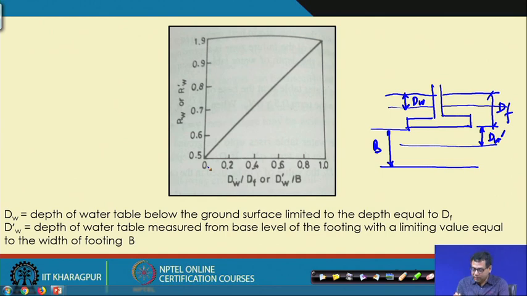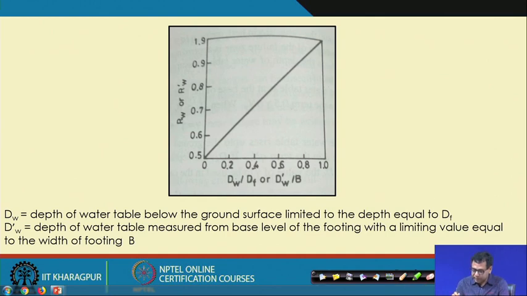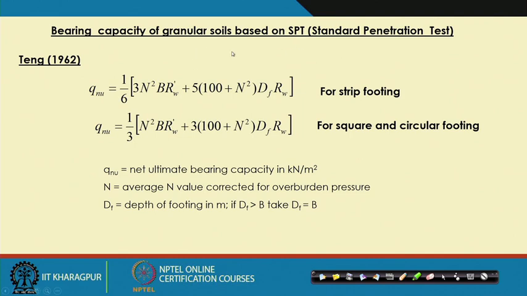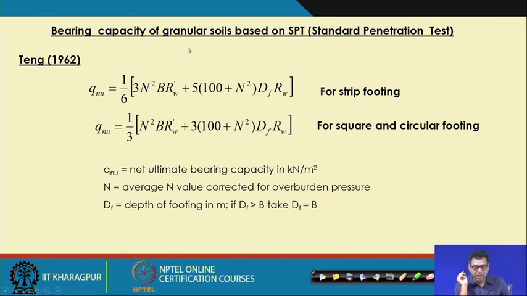And remember again that this equation is given for granular soil, because all the field tests, as I mentioned, are most suitable for granular soil. But for cohesive soil, we can collect the undisturbed soil sample, take it to the lab, test it, get the proper shear strength or bearing capacity equation parameters, and then we can get those parameters easily. So, this expression with the help of SPT is suitable for granular soil.